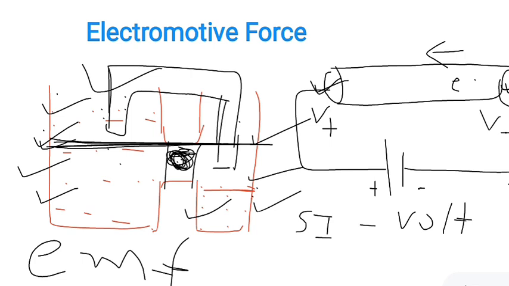Generally we say this battery is 12 volts. So what is the 12 volt? 12 volt means this is the EMF or electromotive force of this battery. Okay, we can say now we are using a cell in our watches, that is 1.5 volt. 1.5 volt means that is the EMF. So EMF means EMF of battery, EMF of cells, EMF of generators. Again I am repeating, EMF means the ability of a source of current to maintain the constant potential difference across the conductor. And its SI unit is volt.